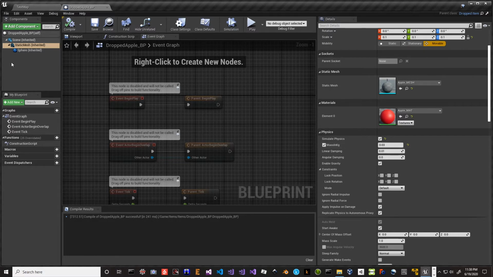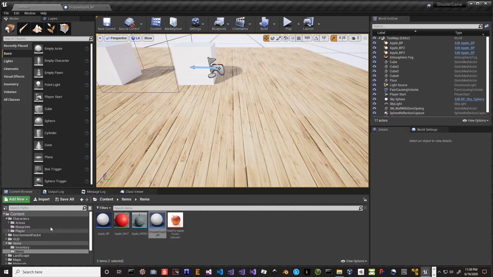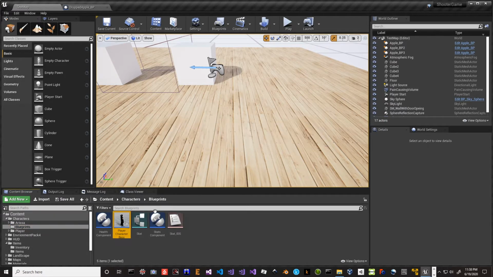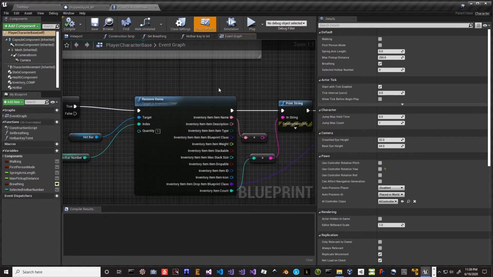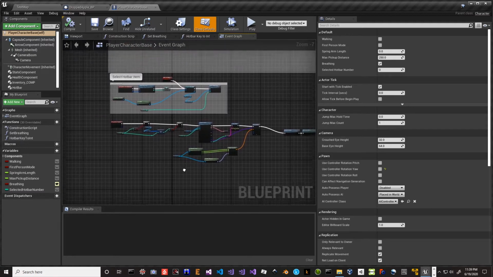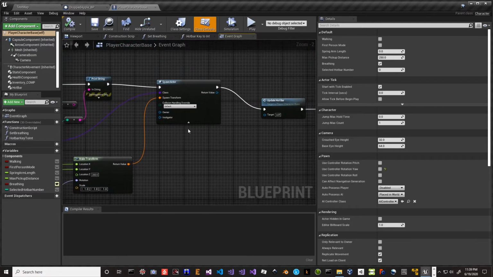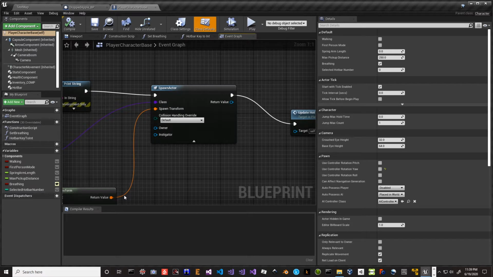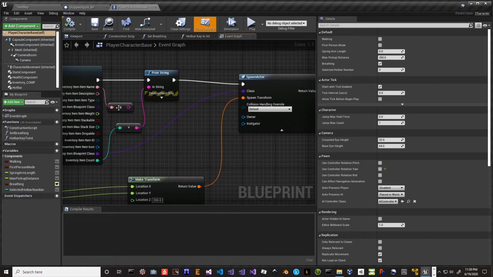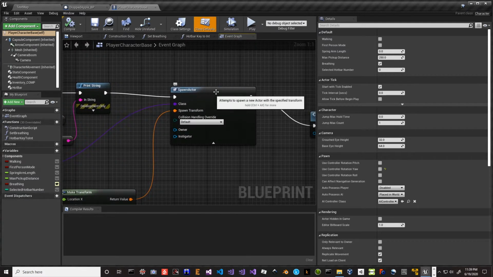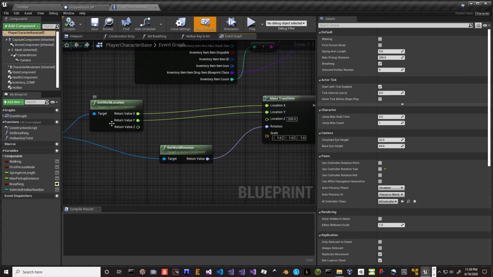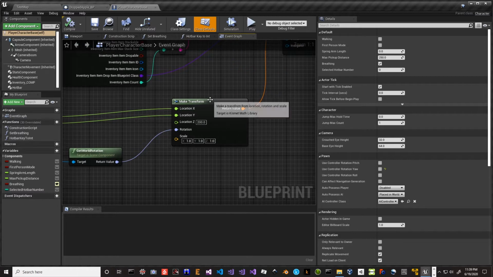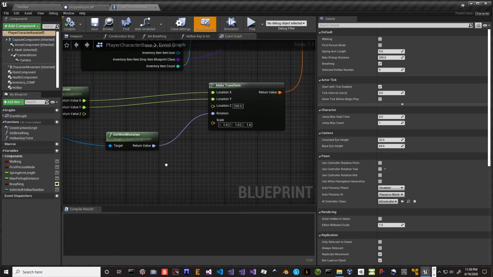And then we're going to go back over here and open up our character blueprints. We're going to open up our player character. And this is the point here at which we spawn. Is this it? Remove items. Yes, this is where we spawn the blueprint that is associated with our item in our inventory, and we spawn it at this location. We get our world location, and we create a transform out of it,